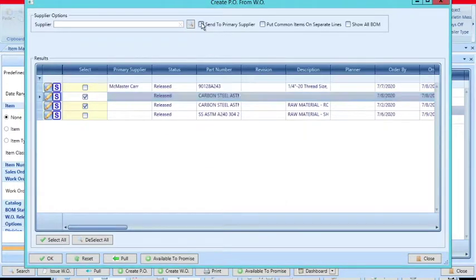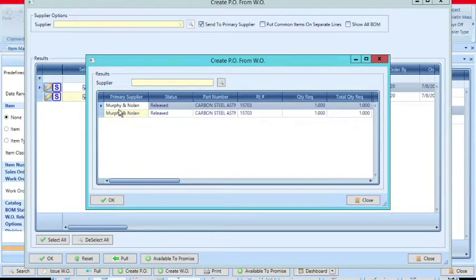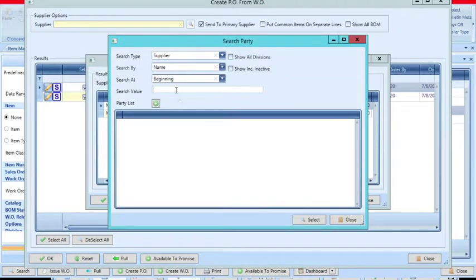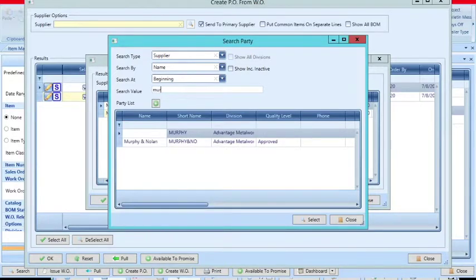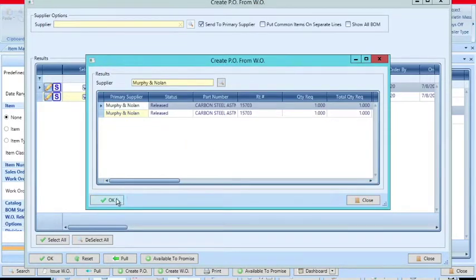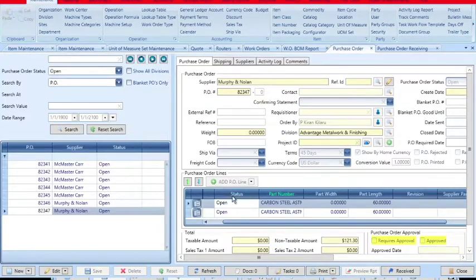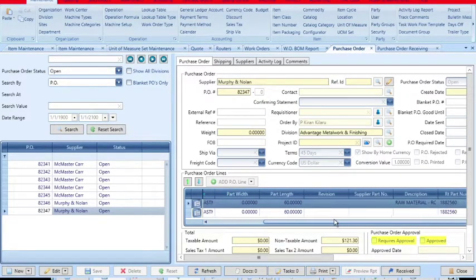So if we select it to send to primary supplier and click OK, now the purchase order has been created for these two things. You can see the problem right away. It's telling us that you need one length of each, but that one length is saying the first one is $118,